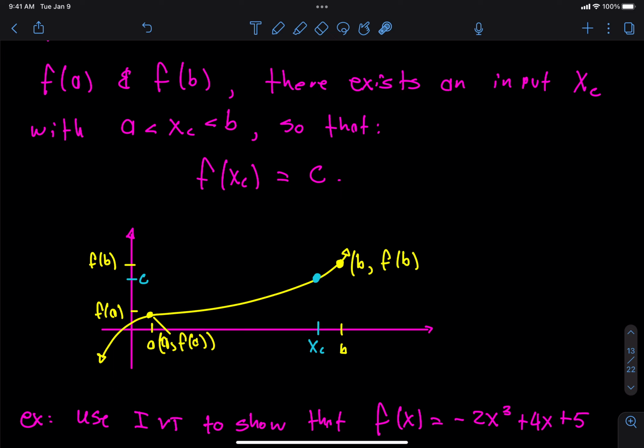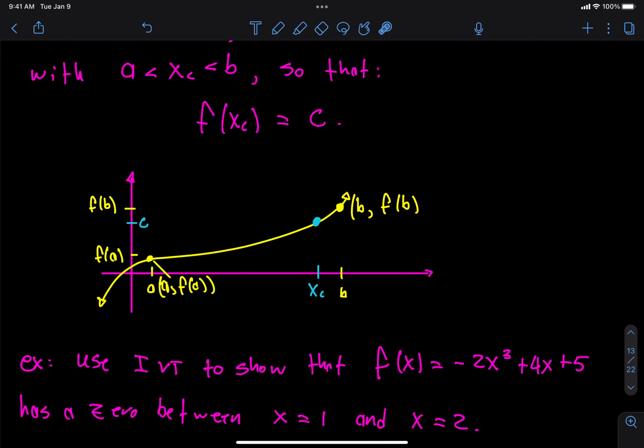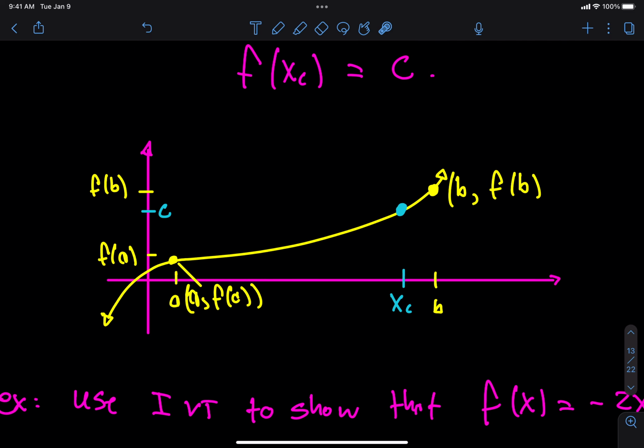intuitive explanation. Which is that basically if I am participating in some kind of continuous process, if I start at one point and I end at another point, then I must have at some point in between been at every intermediate point. That's why we call it the intermediate value theorem, right? So what does that mean? That means imagine that this is time A and time B, right? If at time A I'm flying an airplane at this height, and then at time B, sometime later on, I